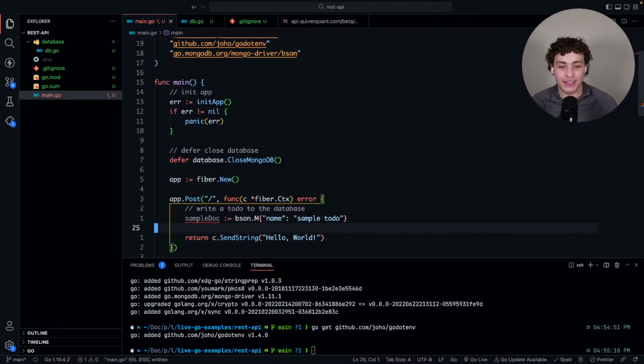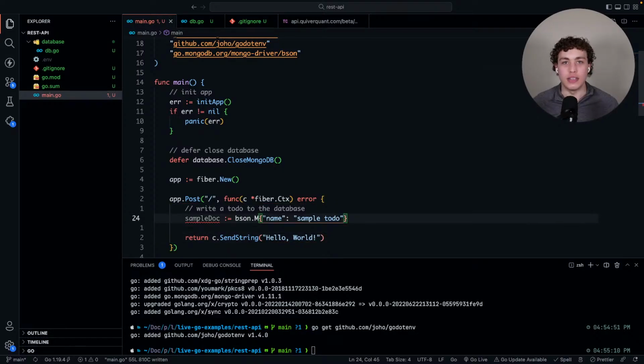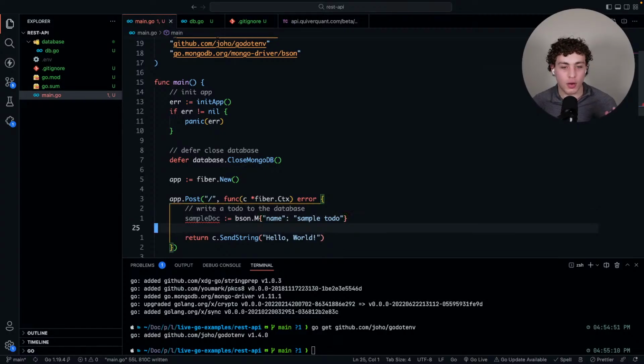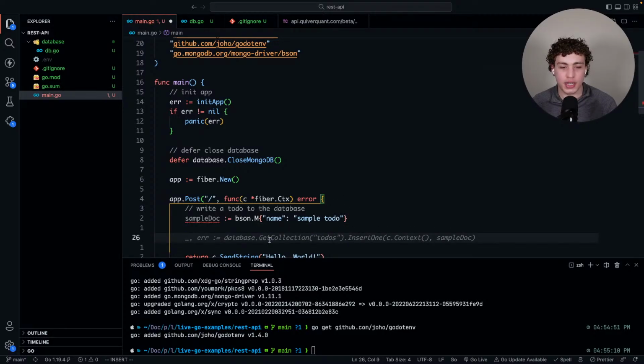So BSON is the underlying query language that you can use to read, write, and make queries for MongoDB. It's the way the data comes in, the way the data comes out. So the bson.M is just a map. There's arrays, dictionaries, tons of different ways of doing it. In this case, I'm just doing bson.M, so I'm just going to have a key of name mapping to sample todo. And what we're going to do here, we have this sample doc, and then we're going to go ahead